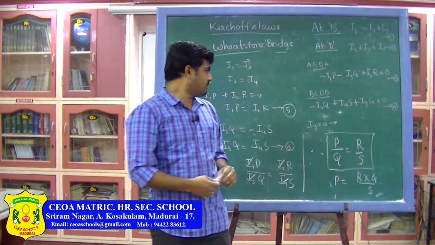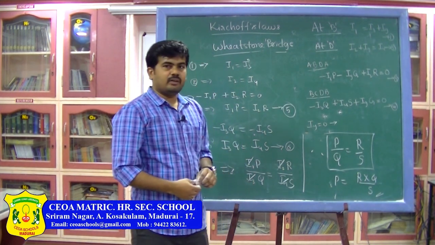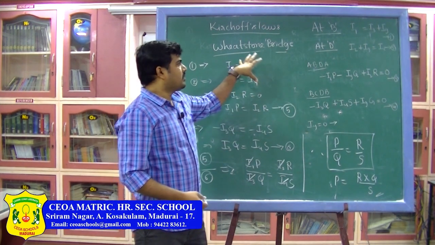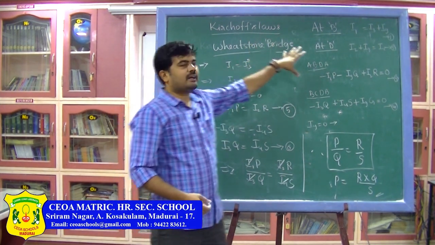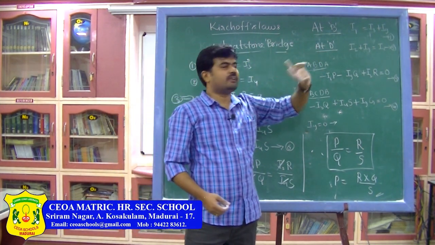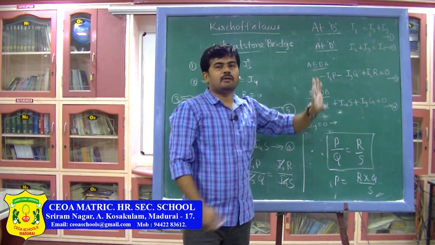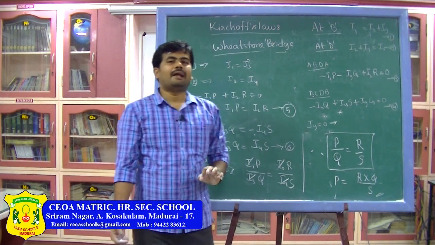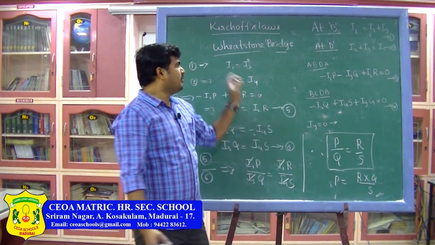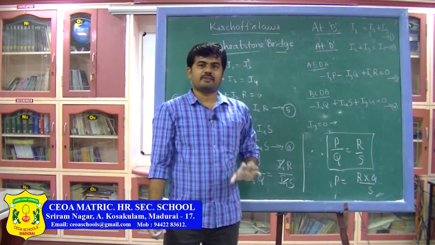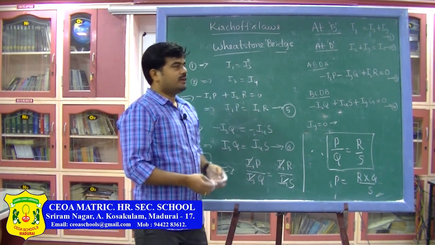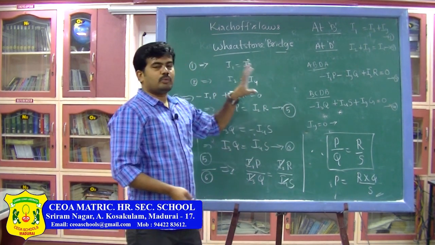Okay, now, let us discuss some problems based on Wheatstone bridge. Remember the step by step procedure. First, we draw the circuit and then assign the current directions using two rules, that is the junction rule and Kirchhoff's voltage rule, and take the condition for balancing of Wheatstone bridge, where the values of resistors are adjusted such that the current through the galvanometer is 0. At that condition the bridge is said to be balanced.